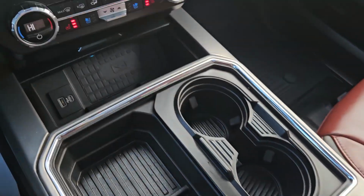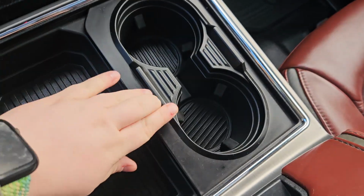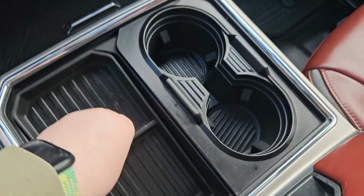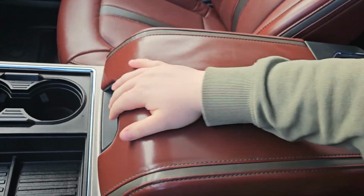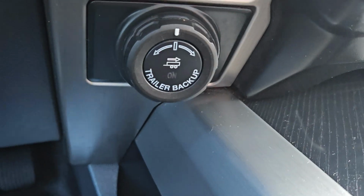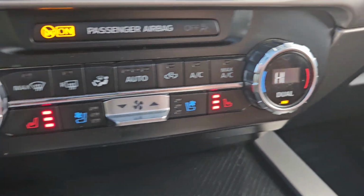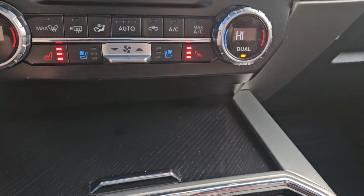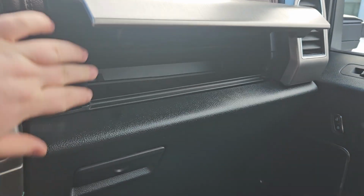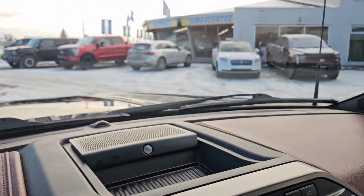To my right, we get tons of storage, wireless charging, some outlets, and it does close. More cup holders if need be, storage below, and of course you do get some storage in your center console, which is pretty handy. We do get our trailer backup, trailer brake, 4-wheel drive with dual climate controls, heated and cooled front seats, 12 volt and 110, storage above, below, on the dash with that lovely upgraded sound system,